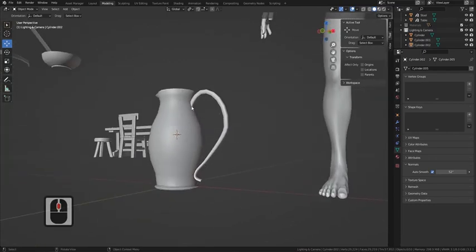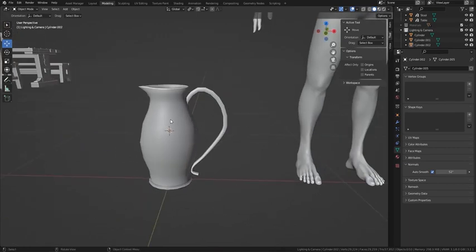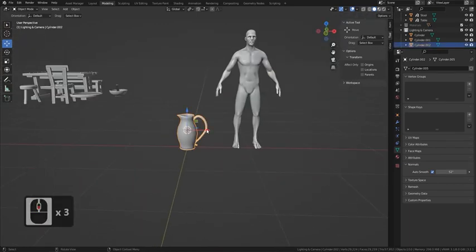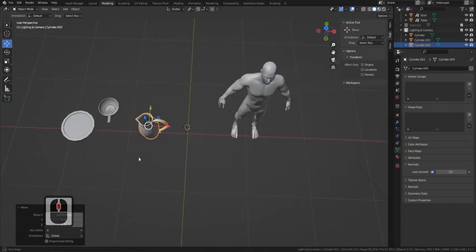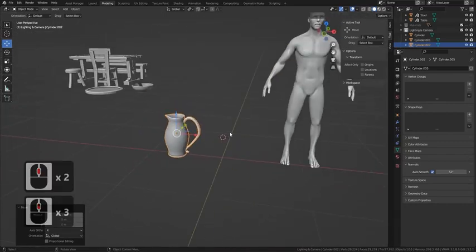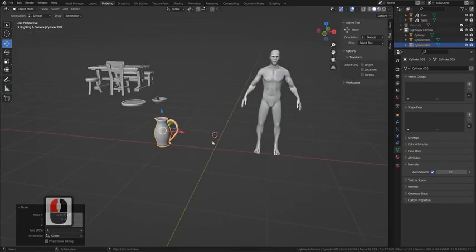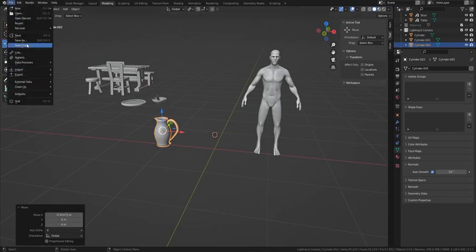Right, I'm really happy with that jug. You can see it really comes together really well. Hopefully your jug's looking really nice as well. And I think what we'll do in the next lesson is we'll move on to our actual ale mugs. Because basically now we've done those, the ale mugs are really easy actually because we've got the skills from all these that we've learned. All right, let's go up to File, save it out, and I'll see you on the